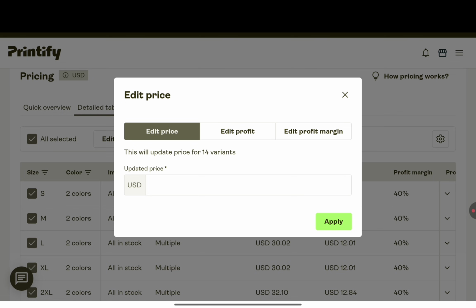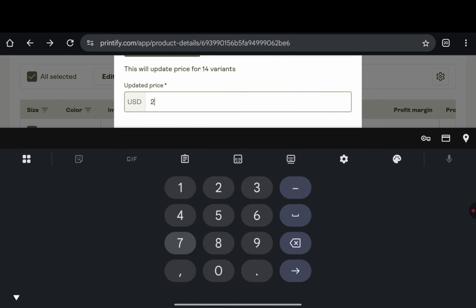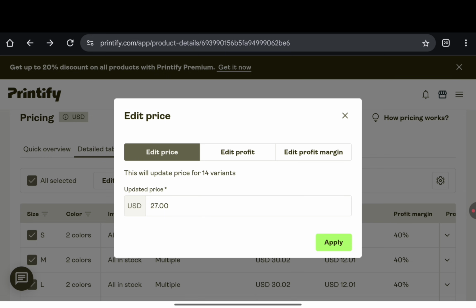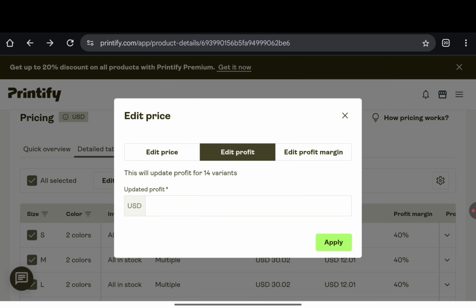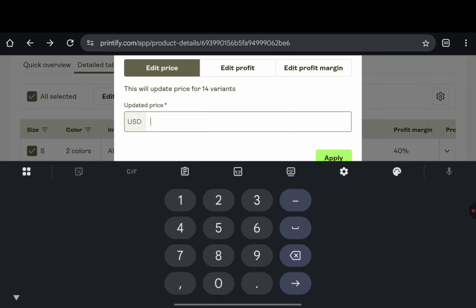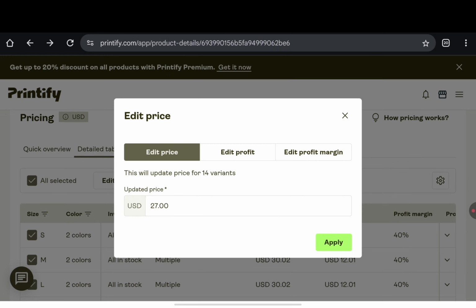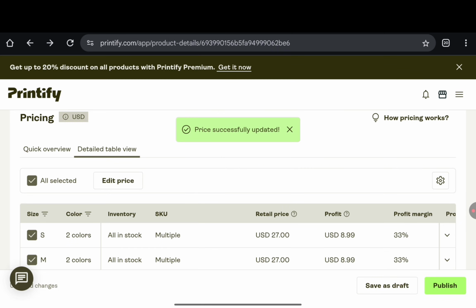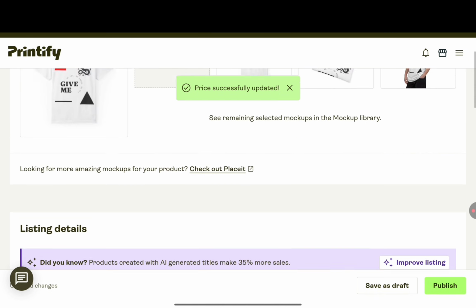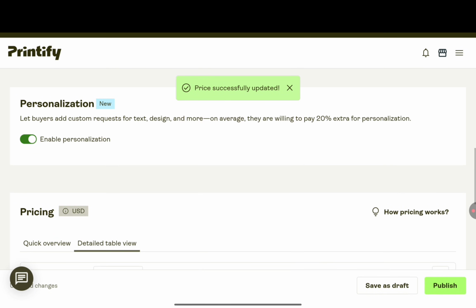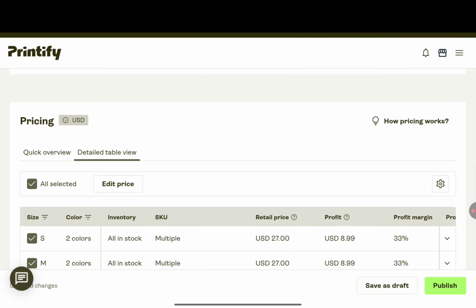Let's just put something like 27, and over here let's put 27. Let's see what's going to happen. Let's just go ahead and click on apply. $27, apply, and see what's going to happen right here. Okay, so let's go back and see what our profits are going to look like.